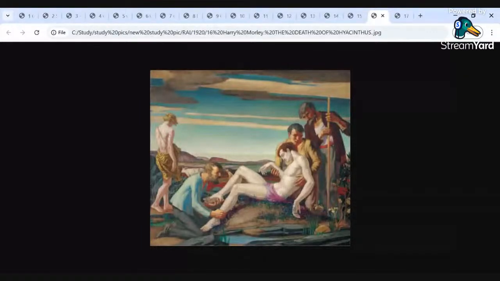Specifically, the so-called Bordeaux school featuring Dupas. They're constantly referenced here. But what's interesting about Morley is that he's not trained in Bordeaux. He doesn't work with Dupas, but produces basically Deco-esque works. So again, there's sculptural modernism here. Now, the actual piece itself is the death of Hyacinthus, and I believe this story is all about